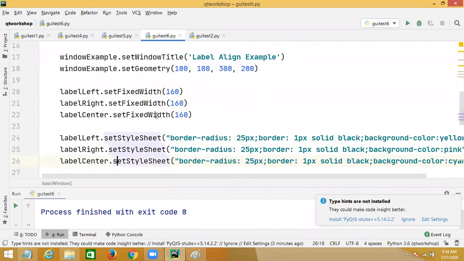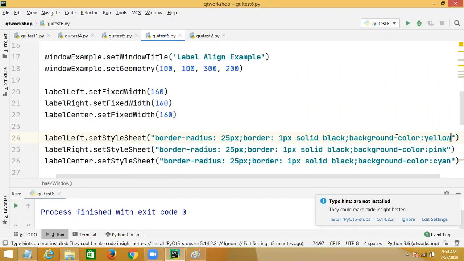Okay, now this is changing the background colors, right? This is how you change the background color. So just giving some yellow, pink, and one more is cyan, right? So I want to change the text color.